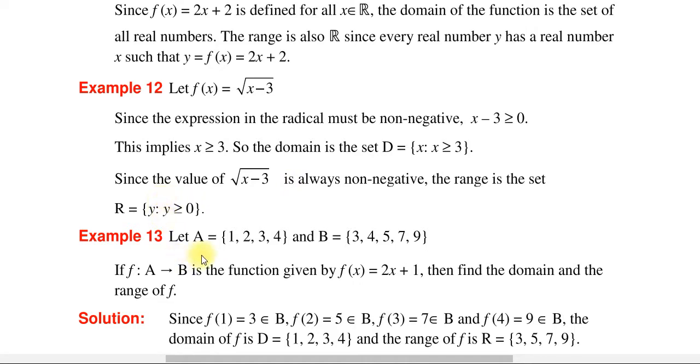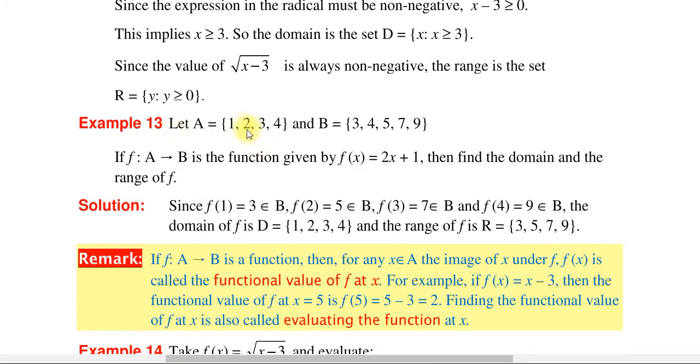ሌላኛ ደግሞ let A be 1, 2, 3, 4 and B be 3, 4, 5, 7, 9. If a function A to B is a function given by f of x equal to 2x plus 1 ቢሰጥ, then find the domain and range of the function ተብሎ ሊጠየቅ ይችላል።